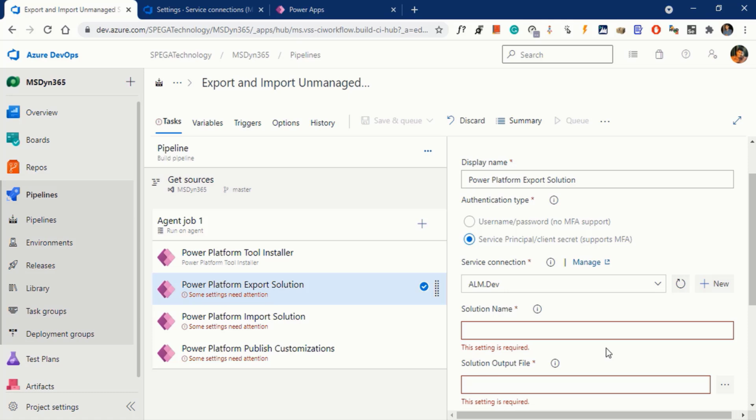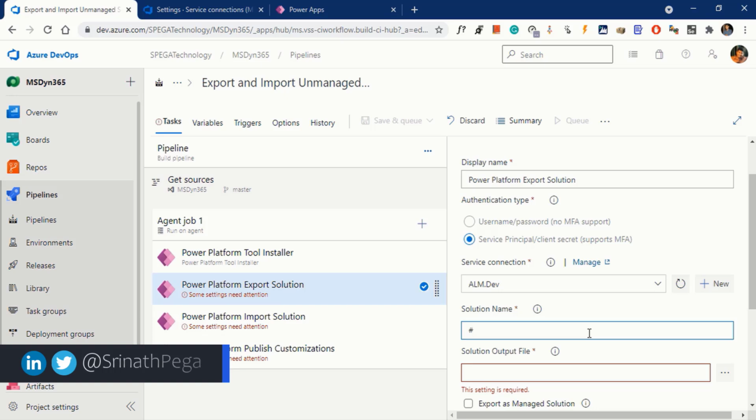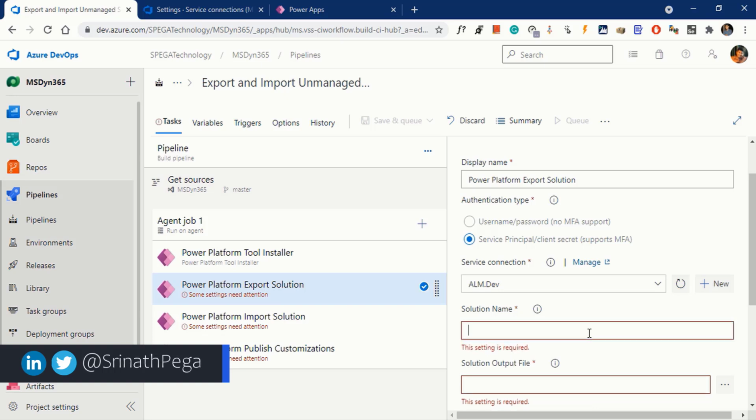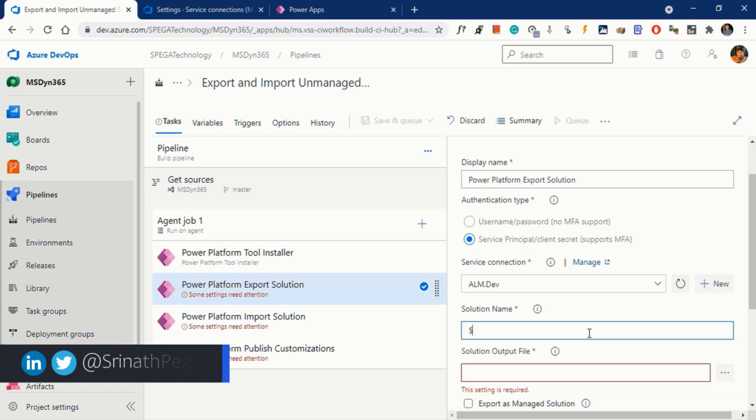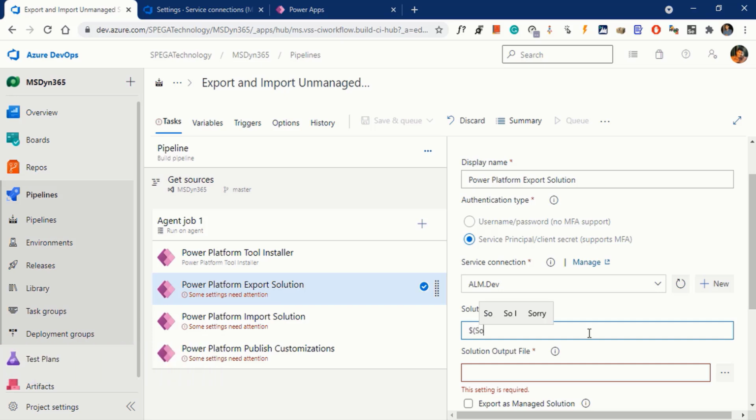Let's give the solution name for this pipeline as a variable. And we need to give the value for this solution name variable.